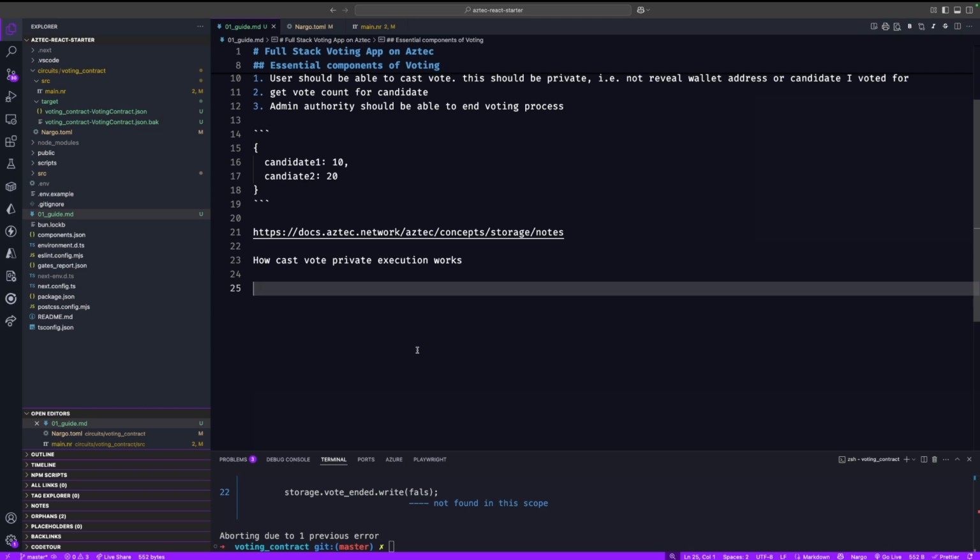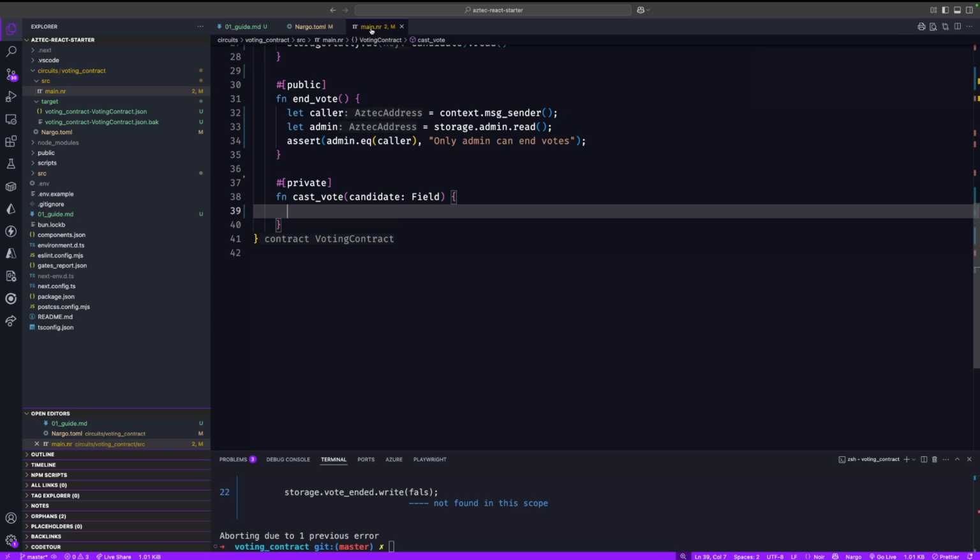The reason also is that only one person should be able to cast only one vote. So if you are calling this cast vote method again and again, it should not work. You should have only one vote, and you are able to call it one time. That's all. So how do I proceed with that? First we get whoever is calling this method,